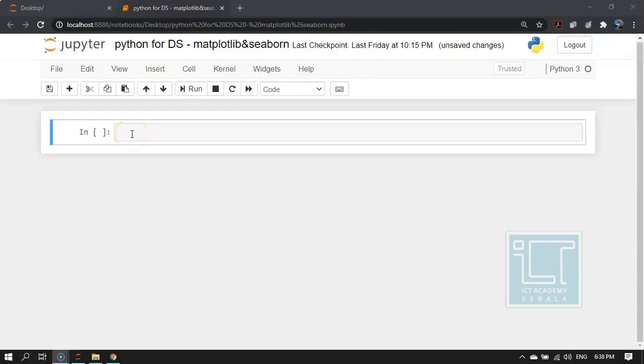I have opened a new Jupyter notebook and given it this name. First, we are importing all the necessary libraries which we will use for coding.